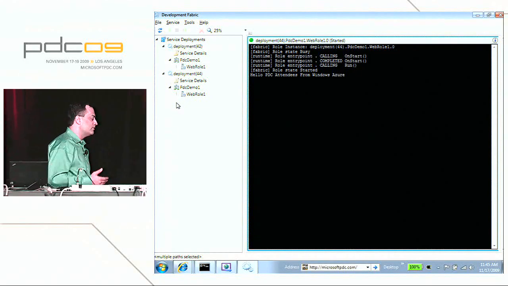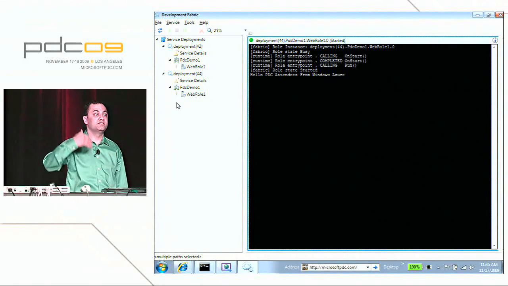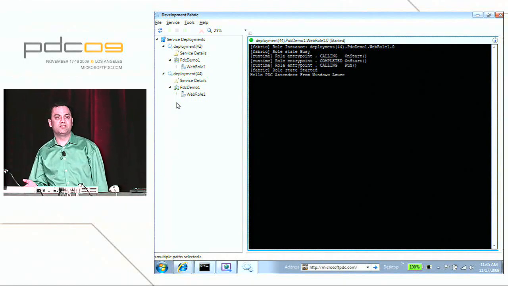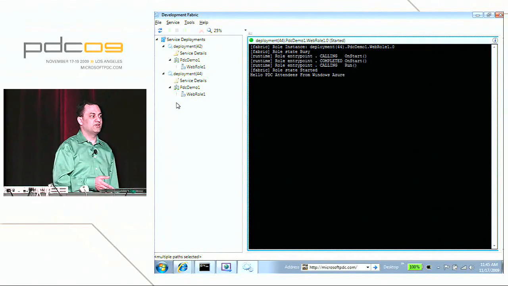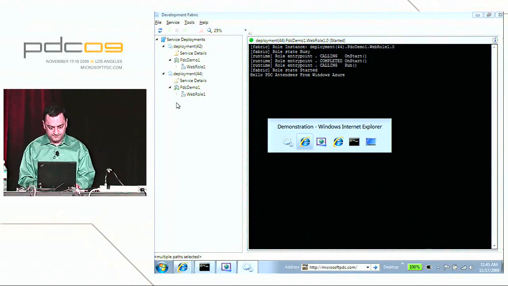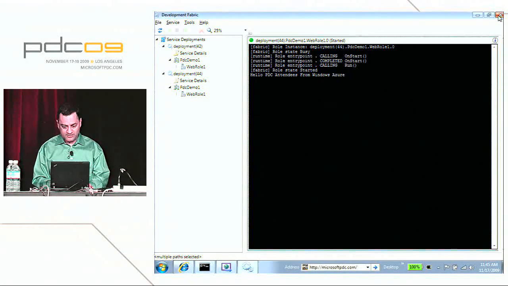So the mantra we've had from day one of SQL Azure, the design goal that we've had from the beginning, is that what we should be able to say is, change your connection string, and you're done, right? So if I go back to Visual Studio now,